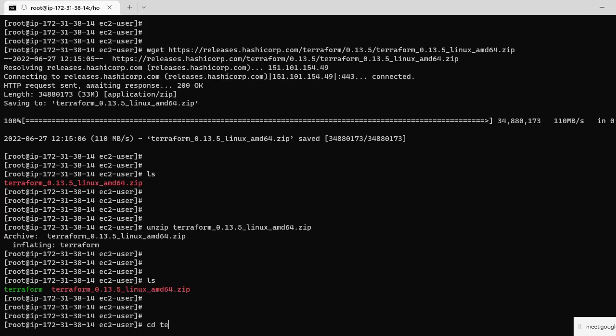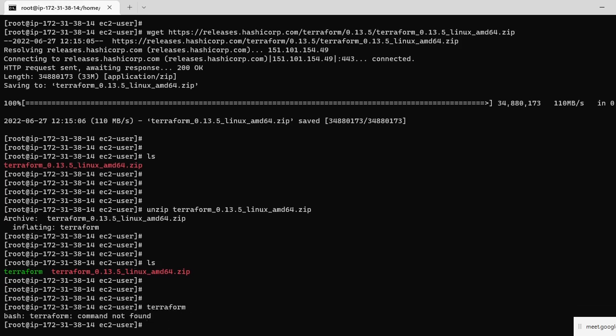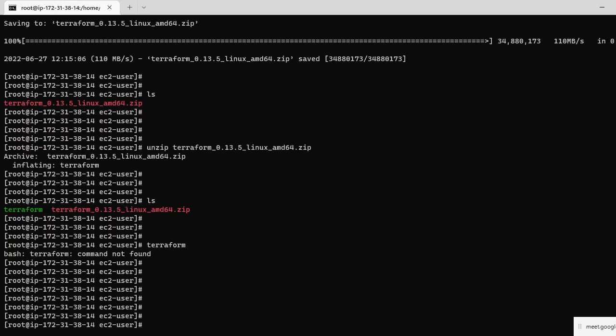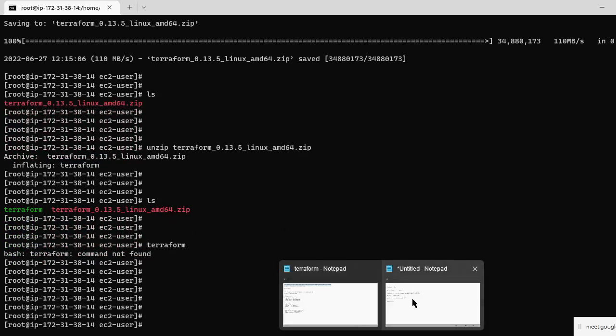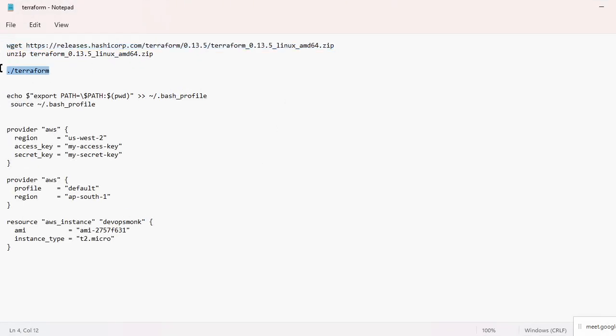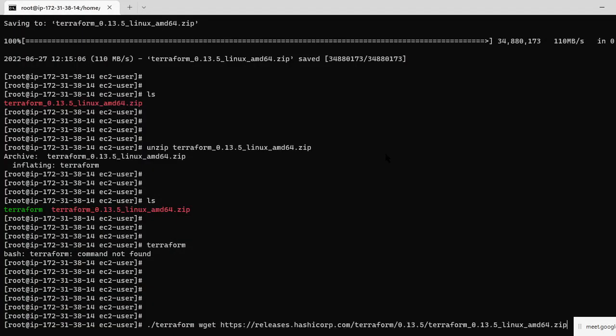cd Terraform. It's not able to log in. Let me type terraform. So the command is not found. To add this binary file into the current location, we can go with ./terraform.